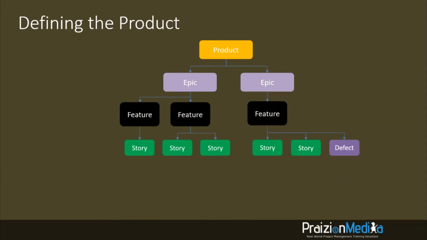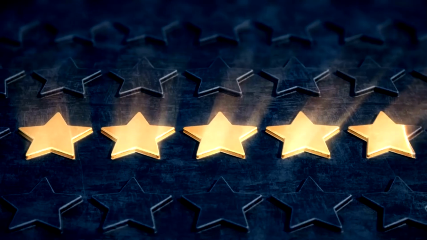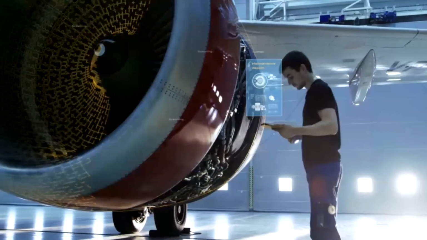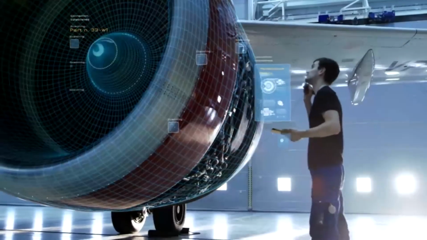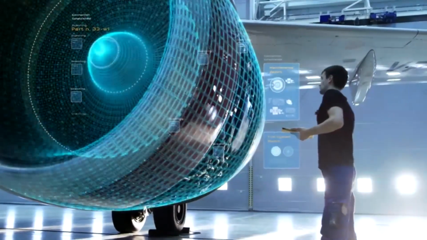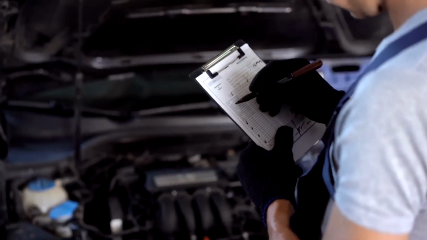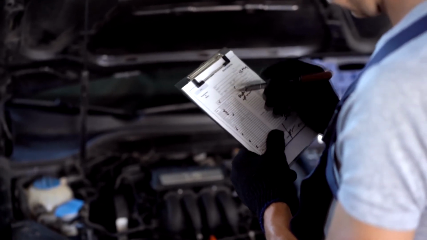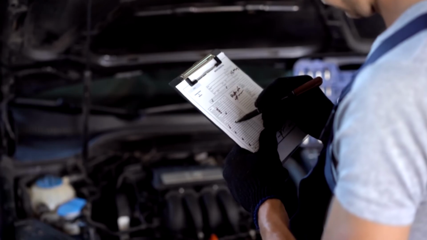And don't forget, still on this level, we have another thing called defects. We have defects at this level, and it's something that we need to talk about at some point, but we have things like technical debt. When we talk about defects, we're talking about things that need to be fixed. We got away with them in previous releases or previous iterations, but we need to go back and clean it up. We call it technical debt. We'll talk about that in the future.